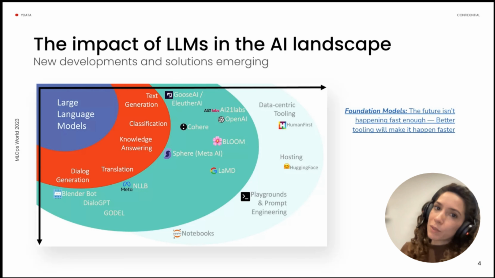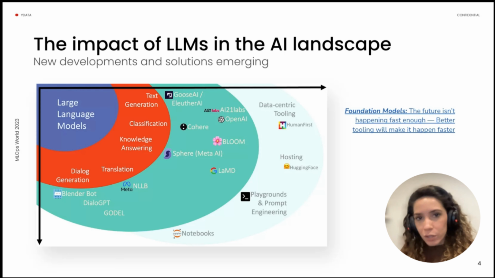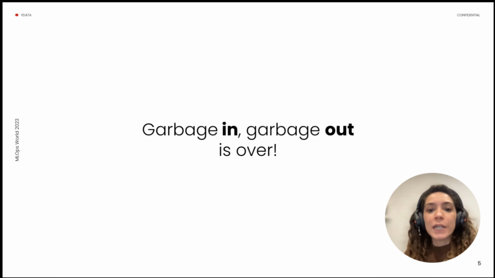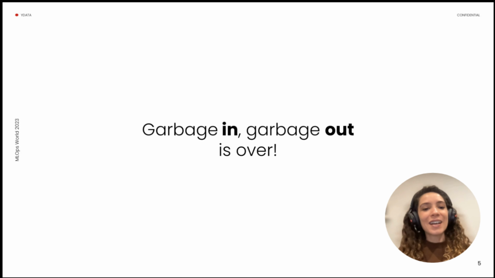But what about the data that is used to train these models? And what data will feed and keep helping the evolution of these models? Have LLMs finally solved the biggest bottleneck of AI development so far? Is it true or safe to say that there is no more garbage in, garbage out, so it's completely over?